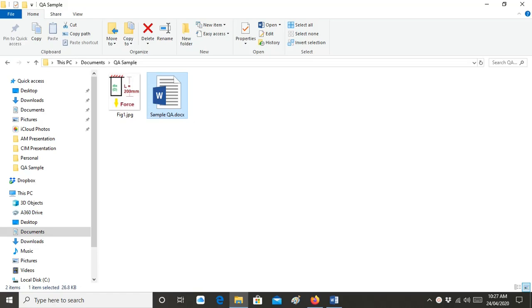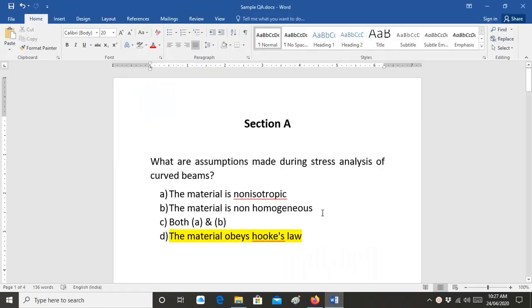Hello everyone. In today's session, I will tell you how to do an exam paper using Google Form. So first, what I suggest is that everyone prepare the questions in a Word format. So this is how I prepared. Let's say this is one question and these are the four options. The yellow shows that it is the correct answer.